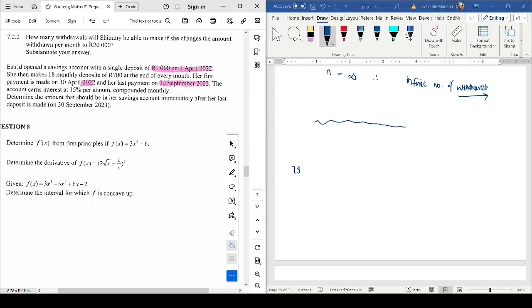So determine the amount that should be in her savings account immediately after her last deposit is made on the 30th of September 2023. So if we were to draw a number line, I think that is what would best represent what we are dealing with here. So initially, she put in 1,000 Rand. Okay, that is the 1st of April. And then she makes 18 monthly deposits at the end of every month. So if this is the 1st of April, on the 30th of April 2022,